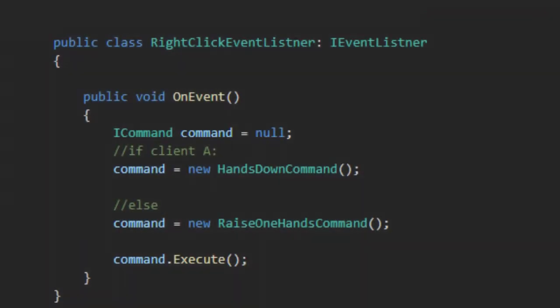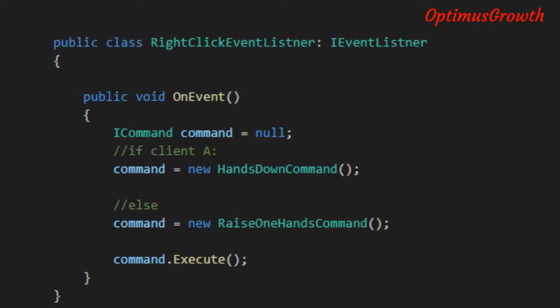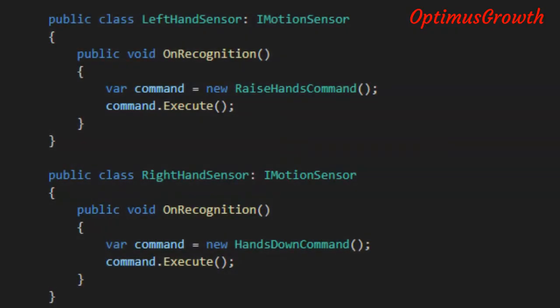Similarly, the right click event listener will have the conditional code, but this time it will not write the entire code of taking hands down or raising one hand, but it will just create the appropriate command and execute it. As simple as that. Similarly, left hand sensor and the right hand sensor will just create the appropriate commands and execute them. This is a very simple and clean approach to write the command design pattern.